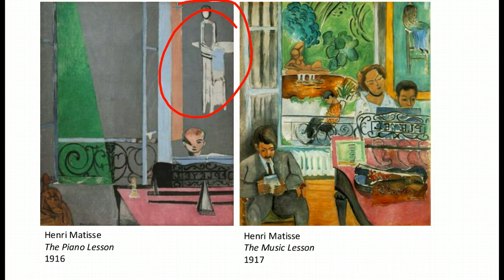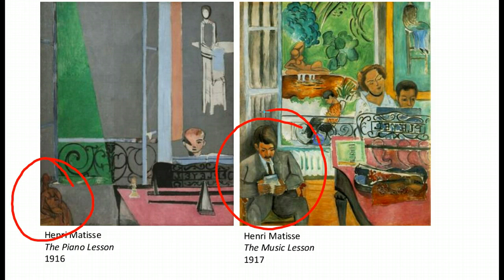This vague figure from the 1916 picture turns out to be a painting that is hanging on the back wall behind where the younger Matisse is learning how to play the piano. A funny corollary here is here we have a sculpture made by Henri Matisse, and here we have the artist himself imaged there, or what I believe to be the artist himself. I don't actually know who this is, but I imagine that this is a portrait of himself sitting in his room listening to his son learning how to play the piano.